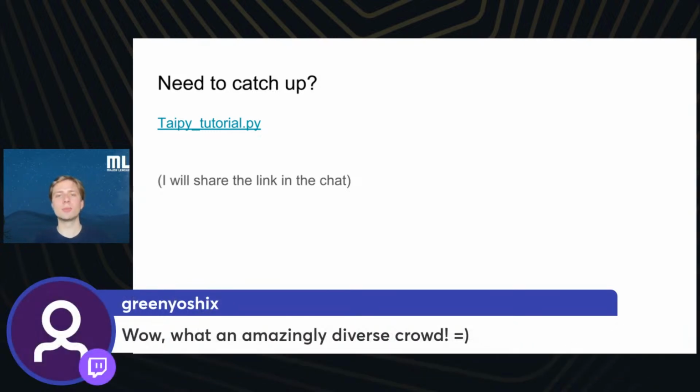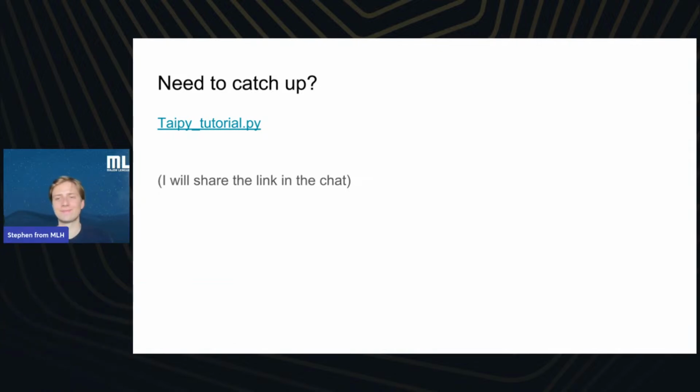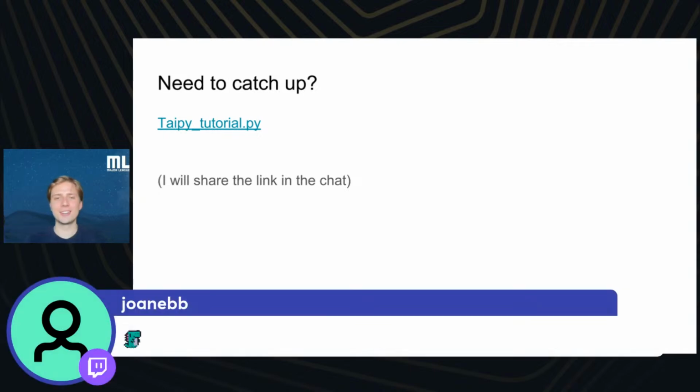Green Yoshik says, wow, what an amazingly diverse crowd. I know, it's amazing. Thank you all for being here. And Joan shares a dinosaur. I love that cute dinosaur. It reminds me of the Chrome Dino. Does anybody ever play the Chrome Dino game anymore? It was super popular back in the day. I saw there's chromedino.com where you can play Chrome Dino online.